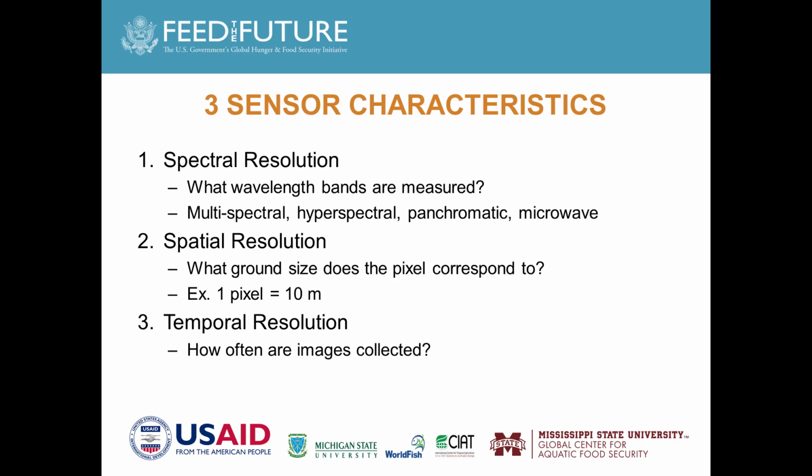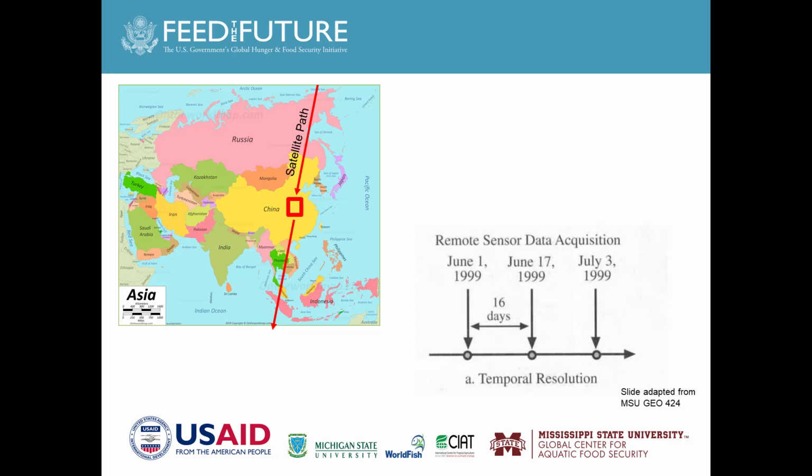And then our last and third sensor characteristic is the temporal resolution. So how often are images collected? This is also described as the revisit time. Here on this map, I have a red square in an area of China. This satellite is moving along this path, and we're capturing an image in this square of China, and then the satellite is moving on. So temporal resolution describes the time between images taken at the same location. So how long does it take this satellite to return to the same square and take that same image in